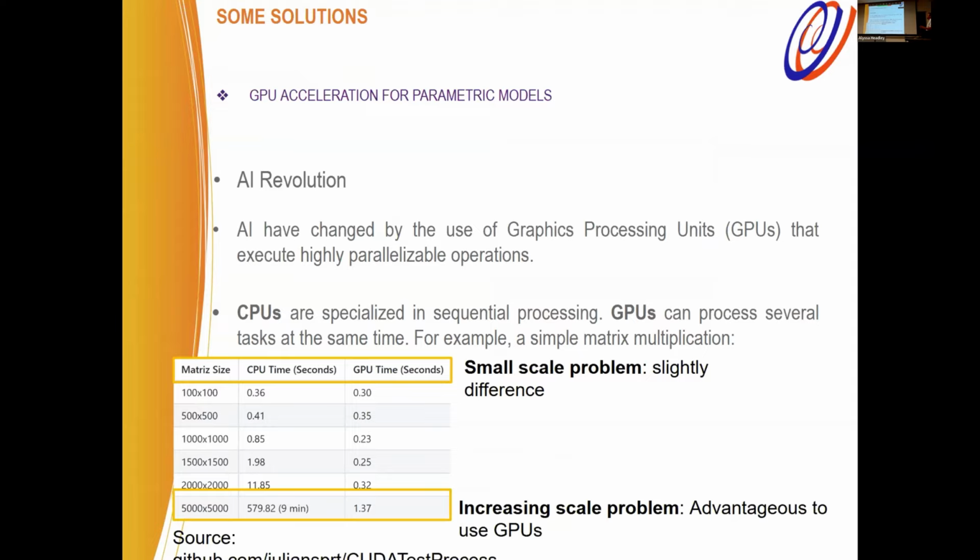Okay, now I'm going to talk a little bit about using AI methods, and this is not for criticizing the AI method, but at least to have an idea how we can take advantage. So we live now in a revolution of AI, and everything is AI, and I don't know how many of you have used ChatGPT and all of these llama models to improve performance.